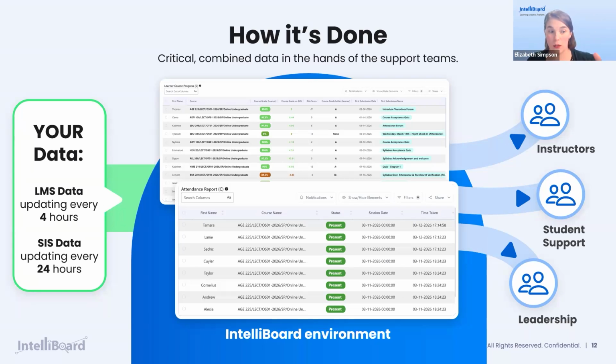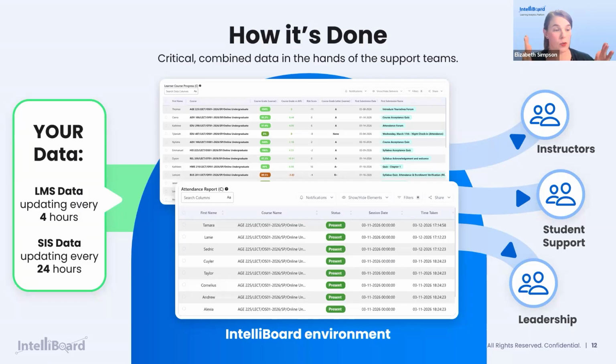So everybody knows, in UMO's case, who's the brand new student, who's a continuing student, what's their major, what kind of degree program are they in, so we can quickly figure out who needs to look at who and when. Other common things are major and credit load, right? Things like that. Most of the LMSs update every 4 hours. That's the case for UMO. So as students are handing in stuff, touching stuff, stuff is getting graded, teachers taking attendance, every 4 hours that data is coming into IntelliBoard.